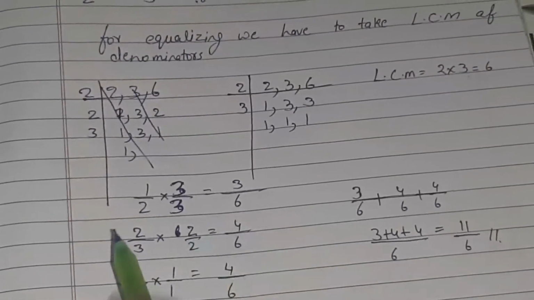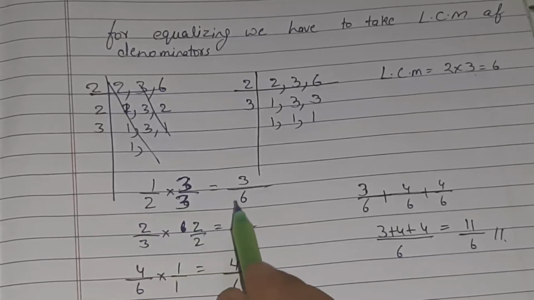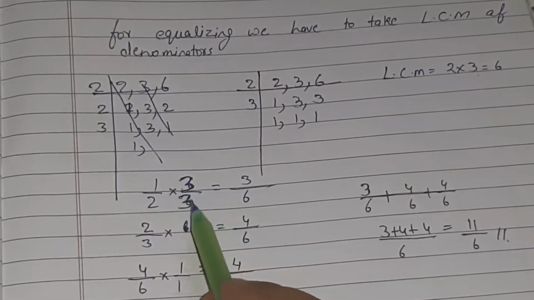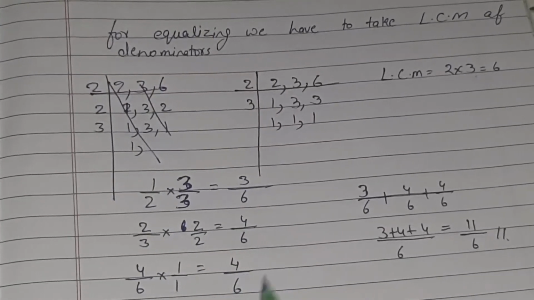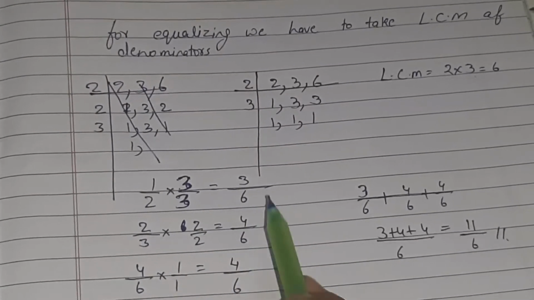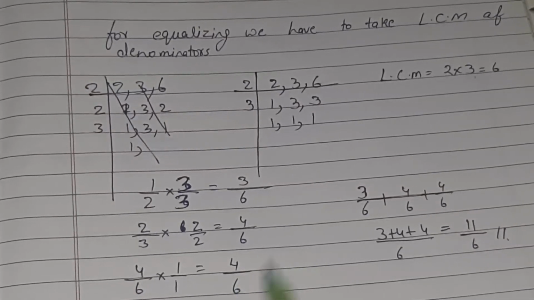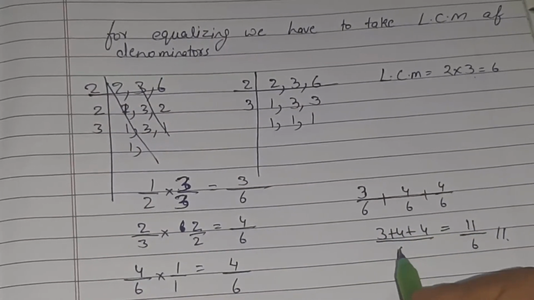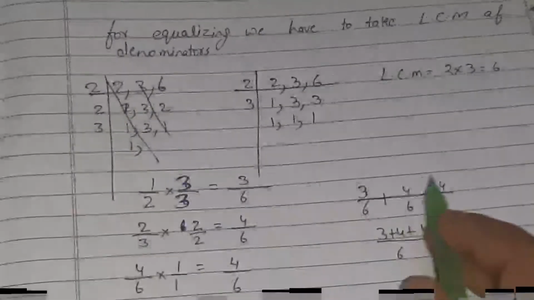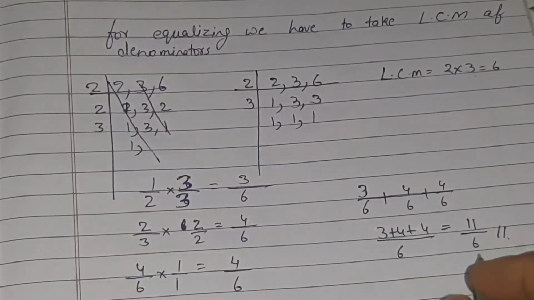तो in the same way 1/2 में क्या मल्टीप्लाई करेंगे तो 6 आएगा, 3 को मल्टीप्लाई करेंगे तो 3/6. तो इस तरह से ही हम लोगों का ये वाला नंबर निकल जाएगा. अभी हम सब का डिनोमिनेटर सेम है, 3/6, 4/6 और 4/6. Every denominator is same, so directly we will write down the denominator, 3 plus 4 plus 4, 11/6.